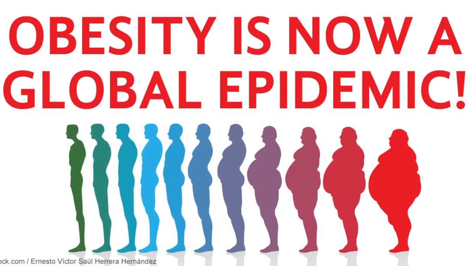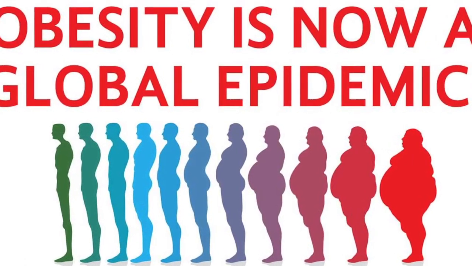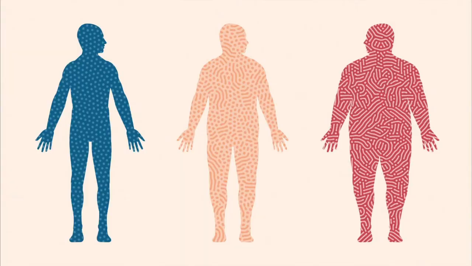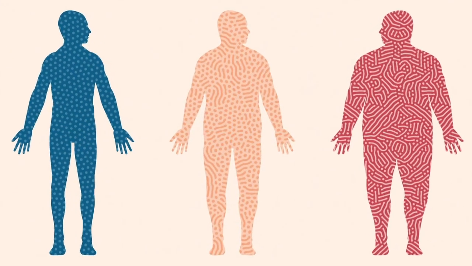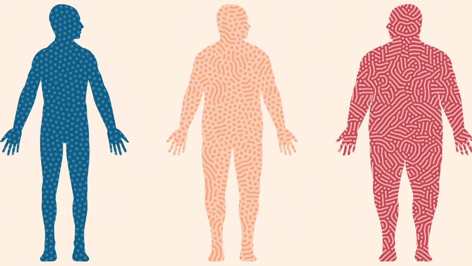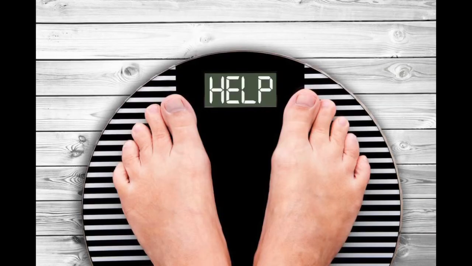Obesity has been defined by the National Institutes of Health as a BMI, body mass index, of 30 and above. A body mass index of 30 is about 30 pounds overweight. The BMI, a key index for relating body weight to height, is a person's weight in kilograms divided by their